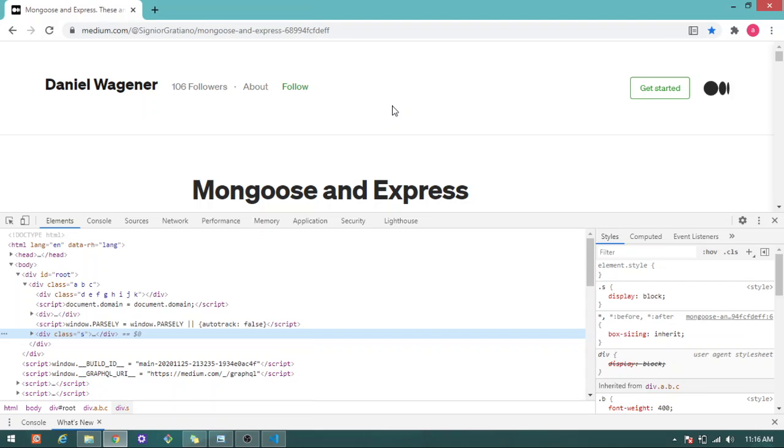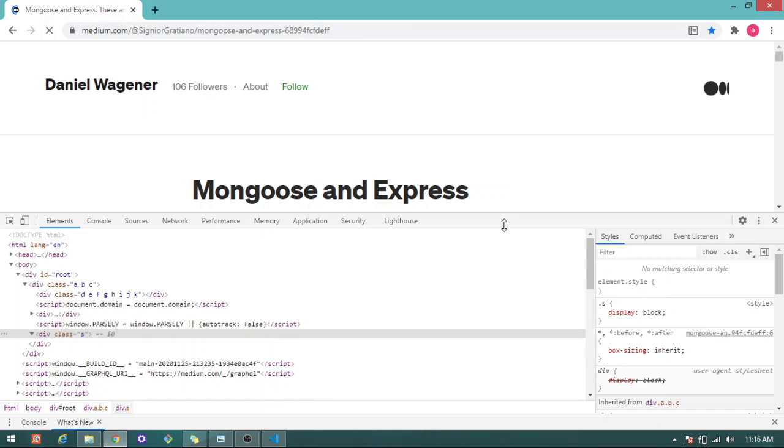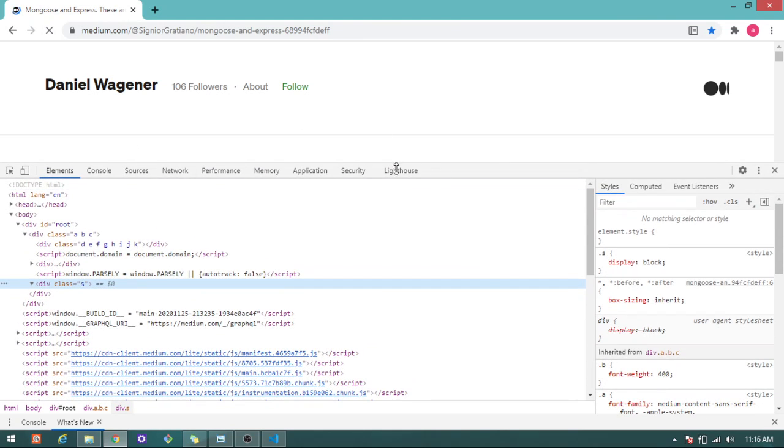Why was the document object model required? Let's open this web page. I have opened the inspect element.